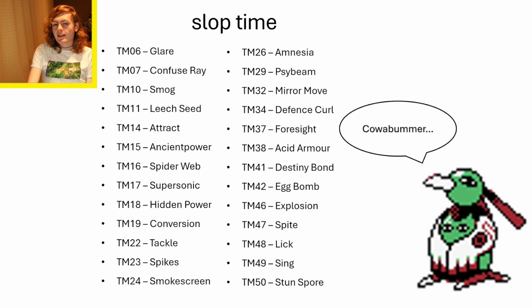Honestly, when you get basically every good attacking TM that you're going to get in the early game, and you're hoping for something like, I don't know, Swords Dance, Meditate, Sharpen, Growth, and you've just been getting slop after slop after slop, and then the game hits you with fucking Glare and Confuse Ray. I got Confuse Ray so late in the game. So late in the game. I think I got this shit in Kanto. It was bad. You're just not in the mood to use this shit. It's just like, well, I'm not getting anything good. I guess I'm gonna be,